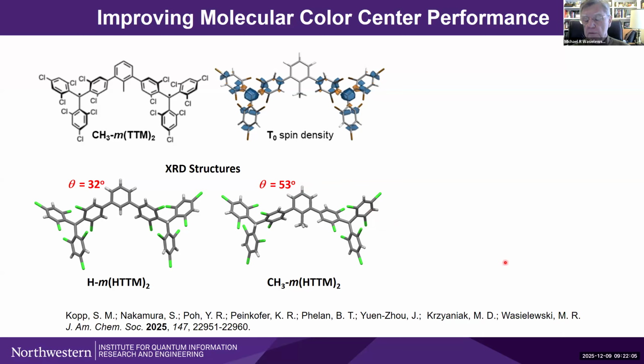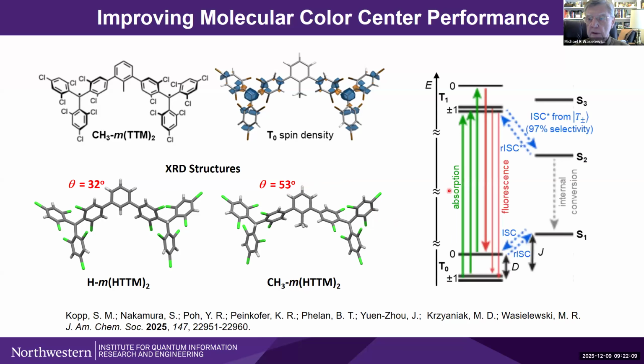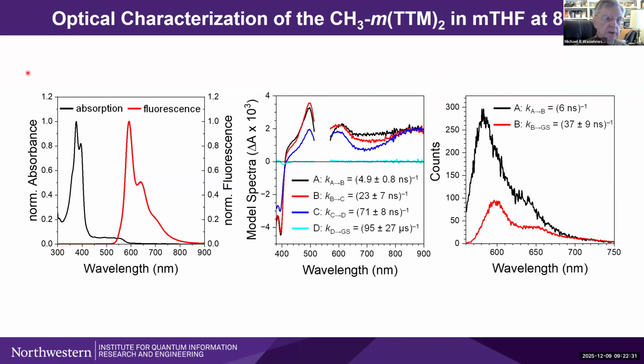Okay, so what is the prediction? What do the computations result in? Well, in this case, the prediction is that we should have almost complete selectivity from intersystem crossing from this photoexcited triplet state level. So there should be some improvement in this particular context, simply due to this enhanced CT interaction that results in more selective intersystem crossing.